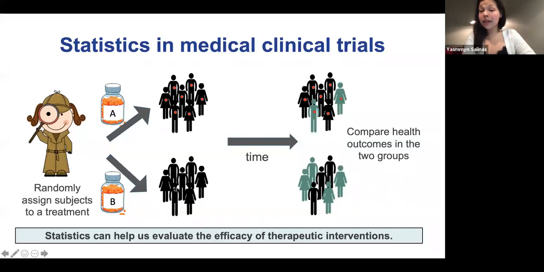And what we're going to do is follow them over time and see who recovers from the disease or doesn't. The people in black in group A recover from the disease. The ones in green actually die with the disease. The ones in black in group B, again, are the ones that recover. The ones in green die from the disease. So 2 die here, 4 die over here. Which drug is better? Can you answer that just from looking at this?